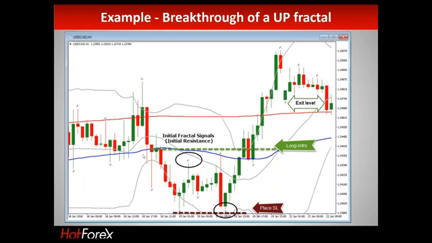upwards. So this break of my initial support triggered a long entry for us. So you could enter long in this area over here, placing your stop loss in this area over here where this level was retested twice by our instrument with 2 down fractals, that they didn't manage to go beyond. So you have a long entry